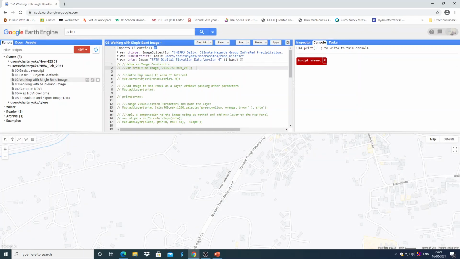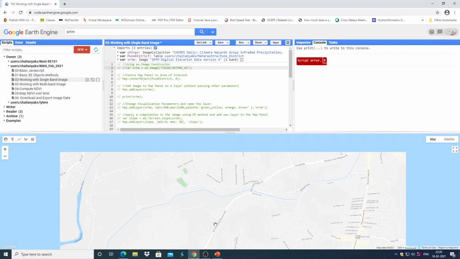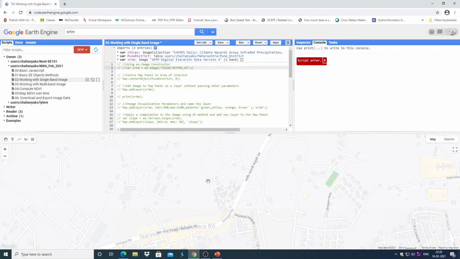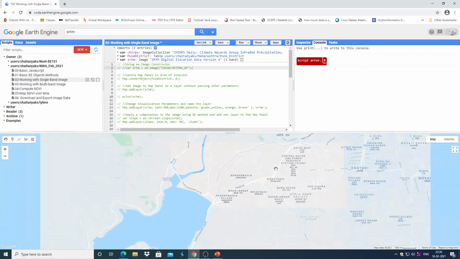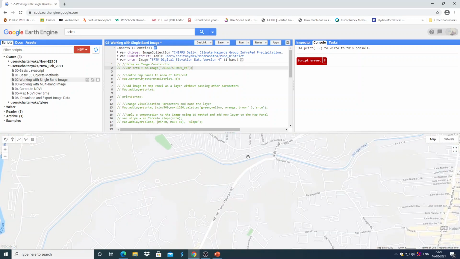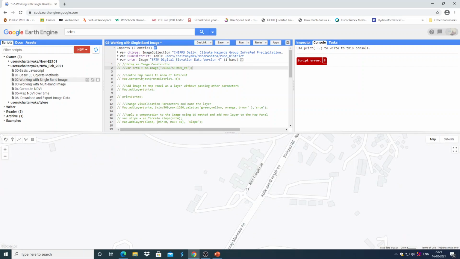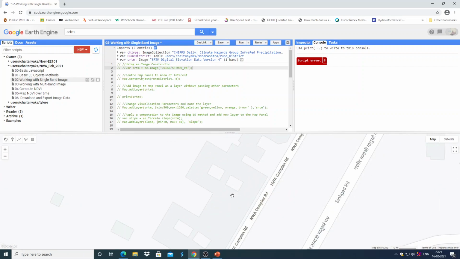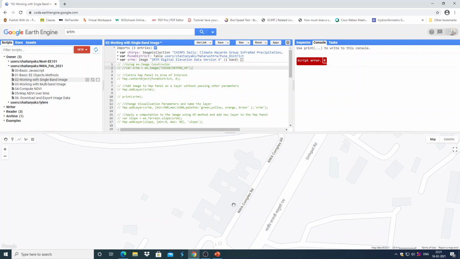Here I will define a point as a region of interest. I will search, I'm in Pune. I'm looking at the Pune region, and in the outskirts of Pune. This is the location of the office building of National Water Academy. Now using the inspector tab, you can get the coordinates of this point, the longitude and latitude, and you can create a